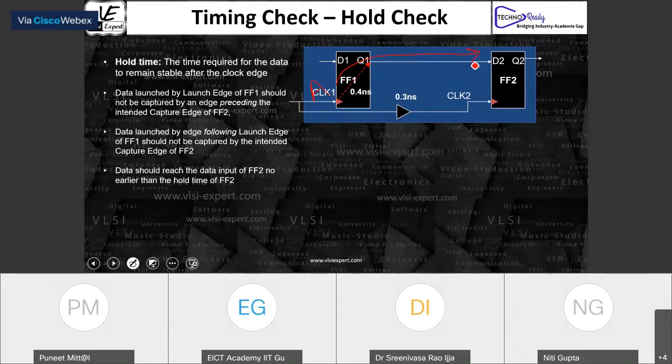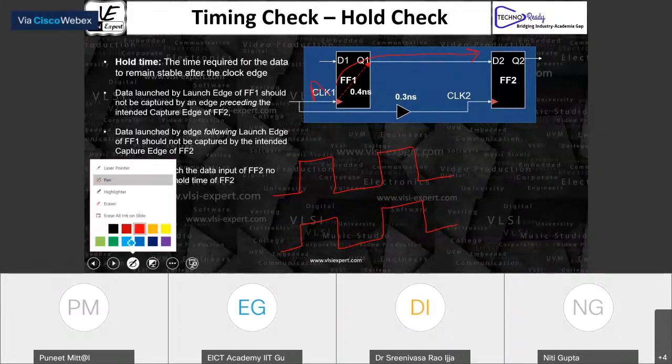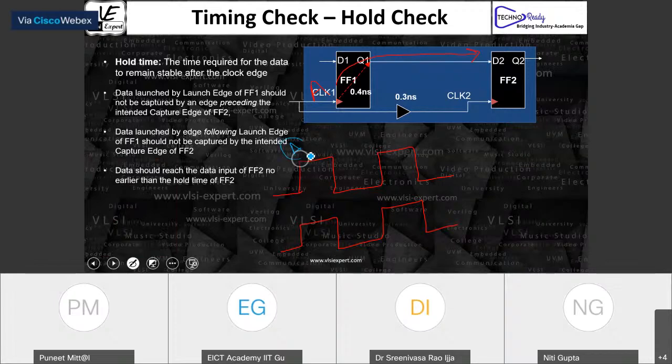Let me draw it in this particular way, because yesterday a lot of people were facing some confusion here. This is the data which you launch from this particular edge, that is data A. The data which you launch from this particular edge is data B. So this is the launch clock and this is the capture clock.